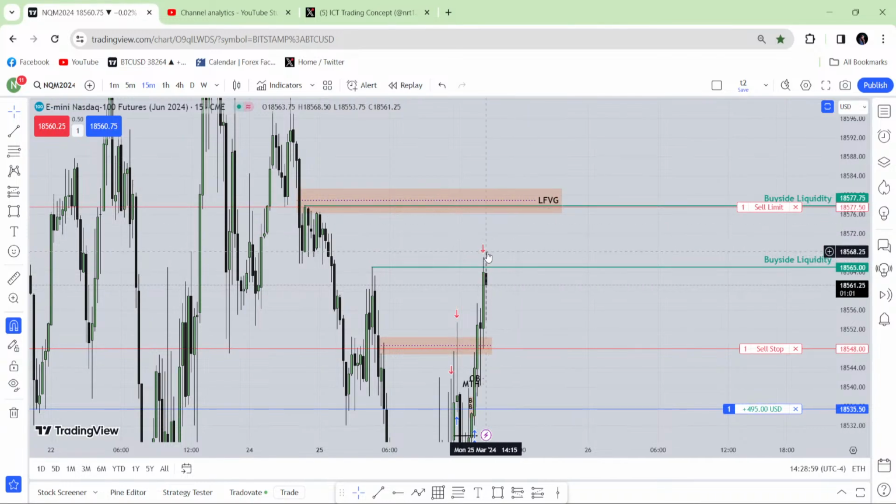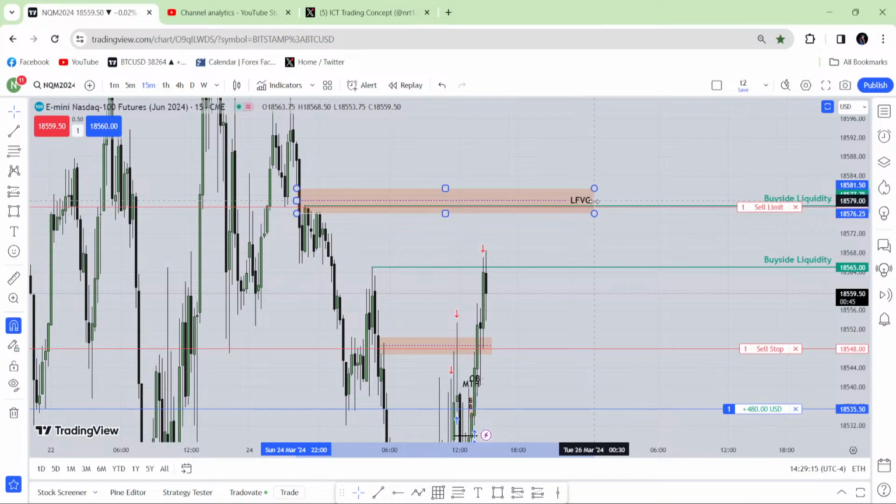A random reversal can't happen. Why did price reverse from there? Trade that entry fair value gap over here. That was the entry fair value gap. Price came here, reversed from there. Here, this is a random level. Price can't reverse from a random level. It has to reach at least that last fair value gap. Then if it wants to go lower, it can go. Nothing wrong with that.